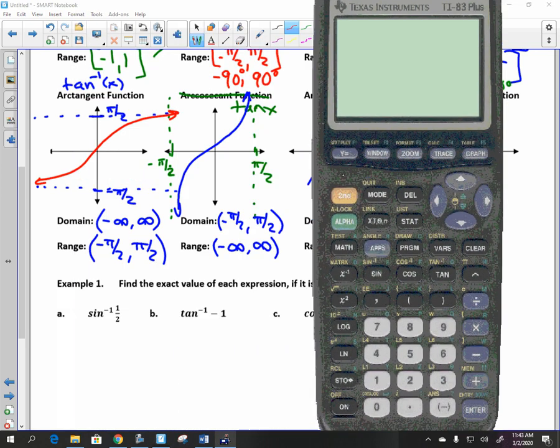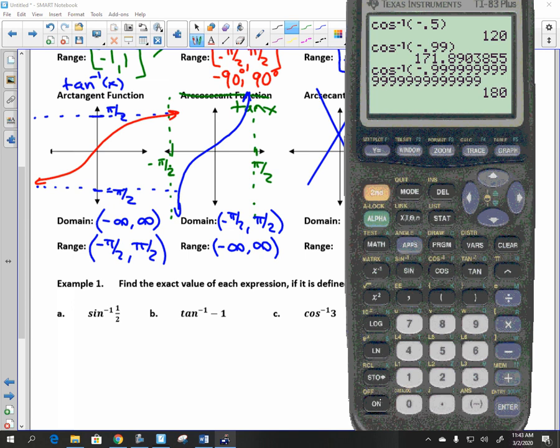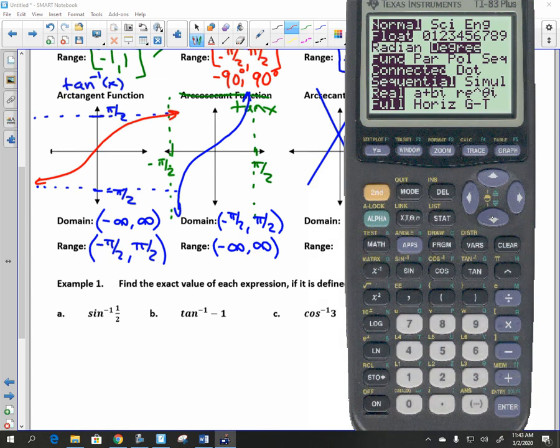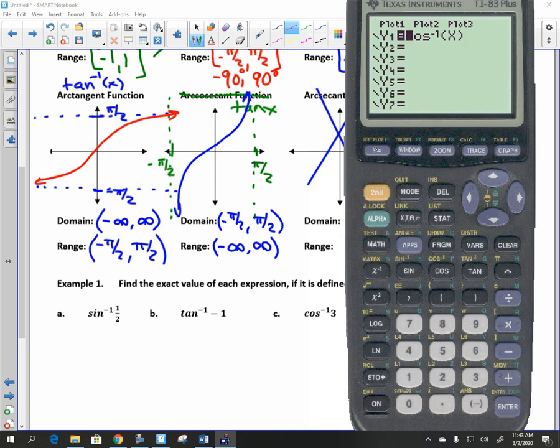So as you draw that, I'm going to pull it up right here. And y equals, and I'll go tangent of x, or arctan of x. I'll zoom standard. And you can see, there it is. If you want to change the window and go say x from -6 to +6, and then your y values just go like -2 to +2, you might get a graph that looks a little bit more like what we have, something like that. But that's arctan. Okay. So if I go into mode and I select degrees,